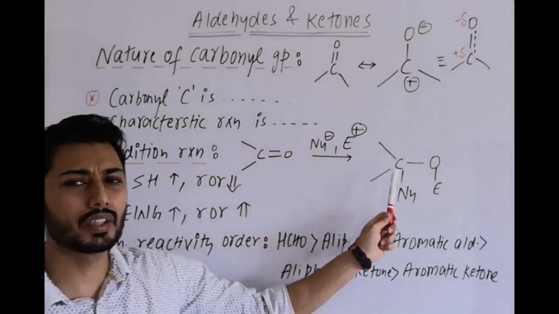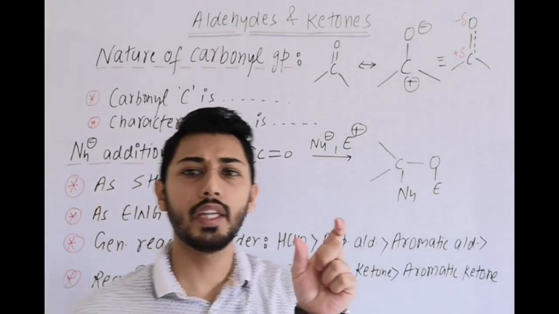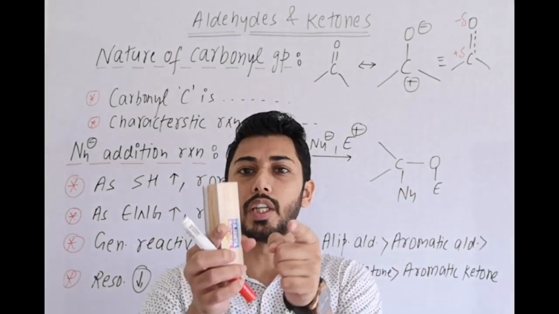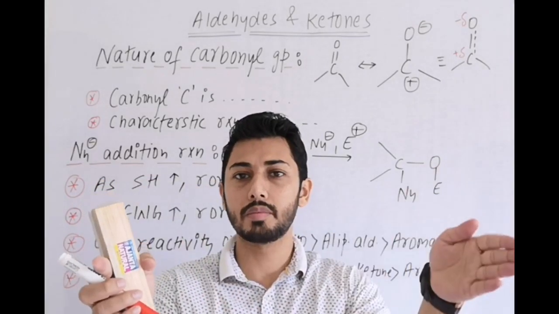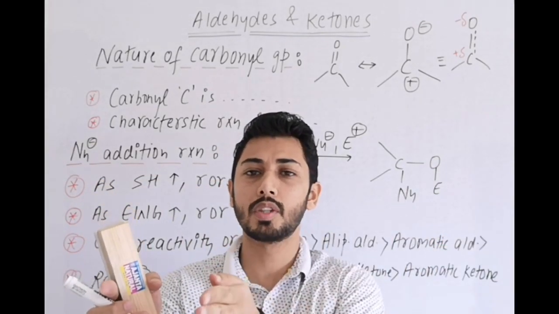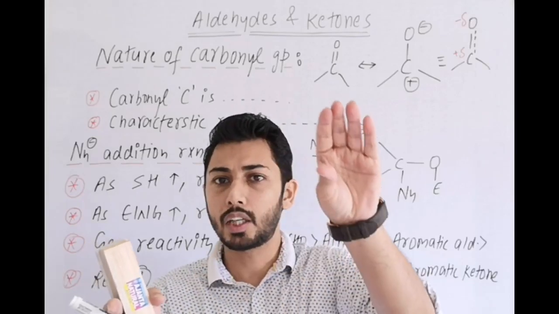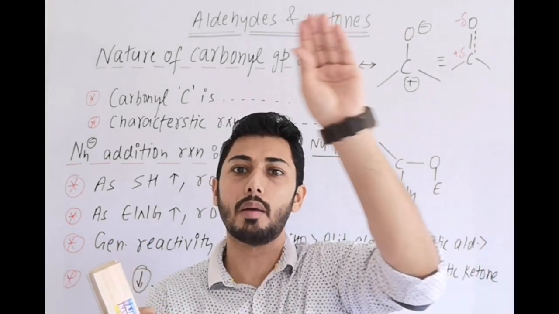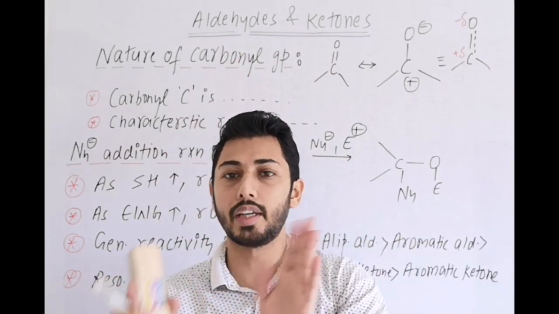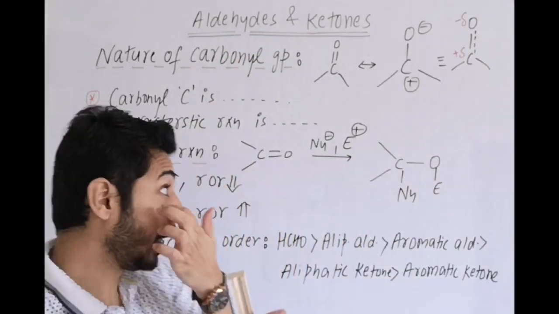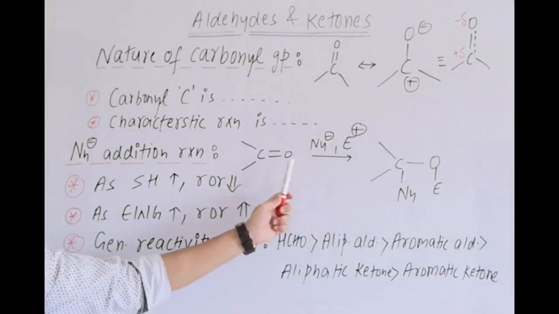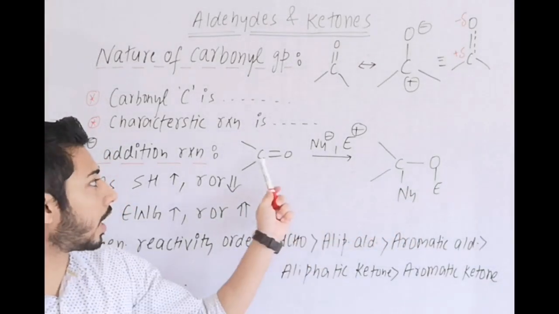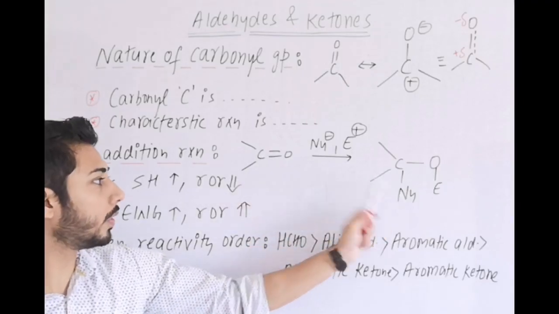So here it is mentioned in a simplified way. Whenever any reagent is given and it is nucleophilic addition, split that reagent into two parts. One becomes the anionic part, the nucleophile, and one becomes the electrophilic part. The electrophilic part combines with oxygen and the nucleophilic part combines with carbonyl carbon. That is the simplest way you can do nucleophilic addition reactions. So here oxygen forms a bond with the electrophile and carbonyl carbon forms a bond with the nucleophile.